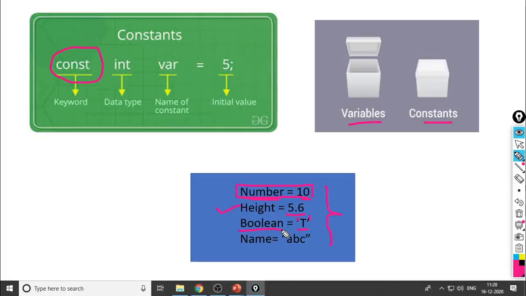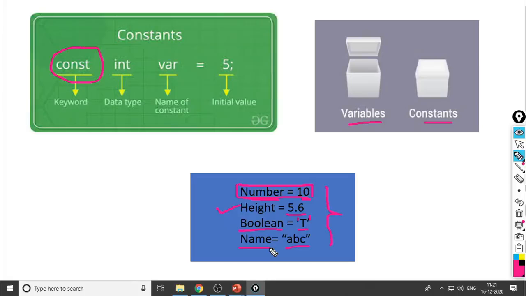Look here, a single character is different from a string. What is the meaning of string? String or word? String means a group of characters. Here in the fourth example, we stored ABC. ABC means what? A group of characters. A group of characters we can call a word. So what is the word here? ABC. What can we call this word? That is the string. We can store a string to a variable name. What is the variable name here? Name. And what is the string here?